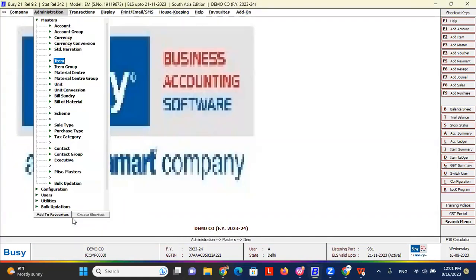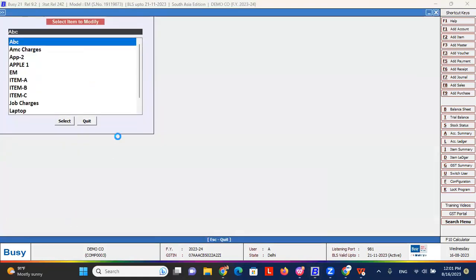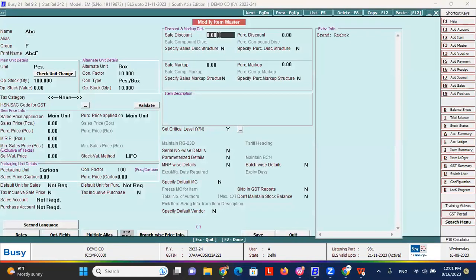Now in the item master also, you will find this option to mention if you have a fixed discount value for your item, you can mention your fixed discount. If you have a fixed markup value for your item, you can put your fixed markup over here. So let's say, for example, I put a discount of 10 and I mention a markup of